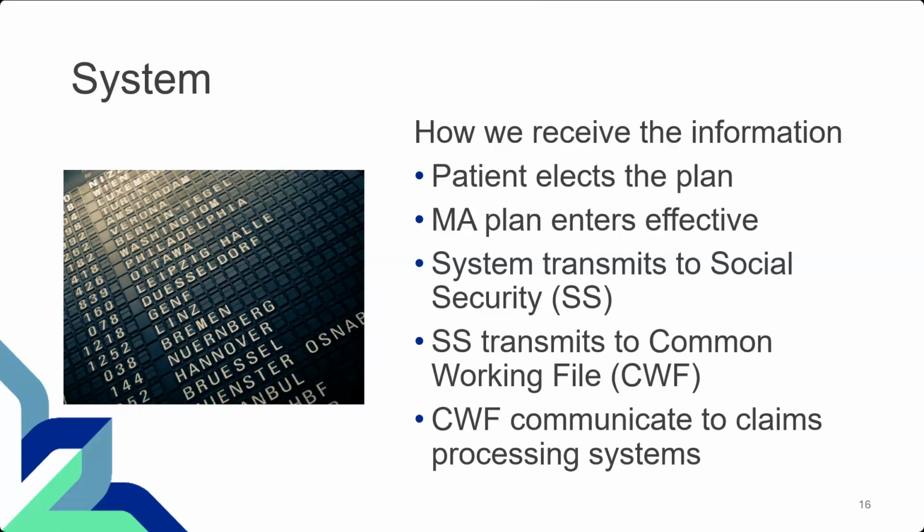Is there a communication hub breakdown between their system and Social Security? Do they need to resubmit and try that? I don't know. We don't have access to any of that information. We just know it's there. Please remember this is especially important at the beginning of the year because that's when most Advantage plans will start. So I want to make sure you're really looking at that and checking eligibility at the beginning of the year.